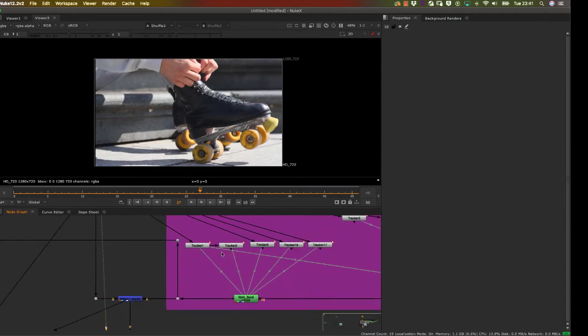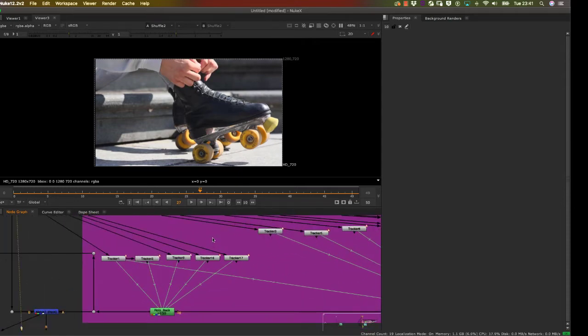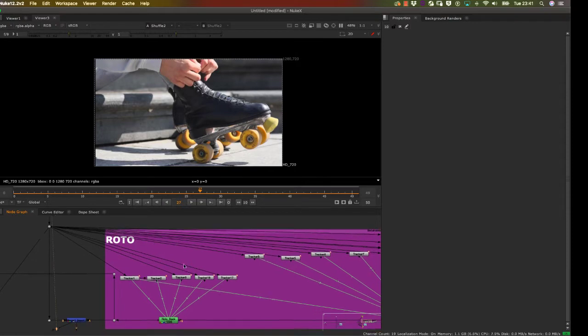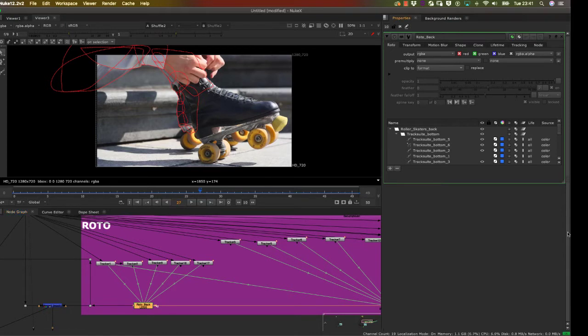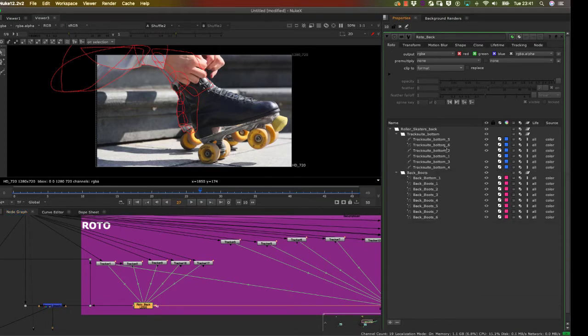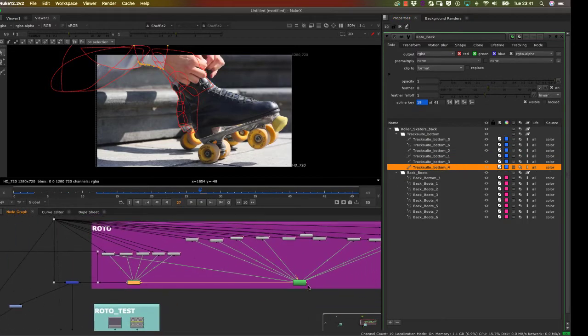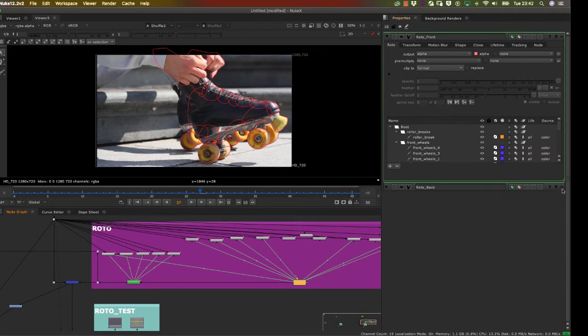And then of course you can see that hopefully by now you've all experimented on how to create different tracks, how to create different roto nodes. If I just scrape that down, you can see very clearly I have made sure that all these are separate, as you can see by me clicking. If I click on the actual folder, that's the back of the boots. Then here as well you can see again if I click on this roto,